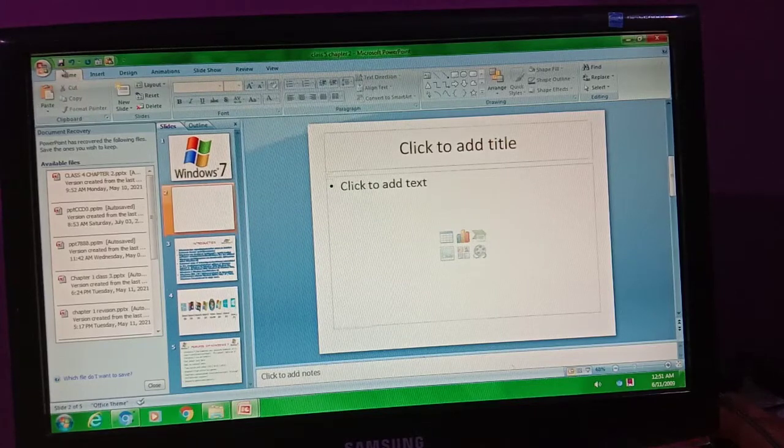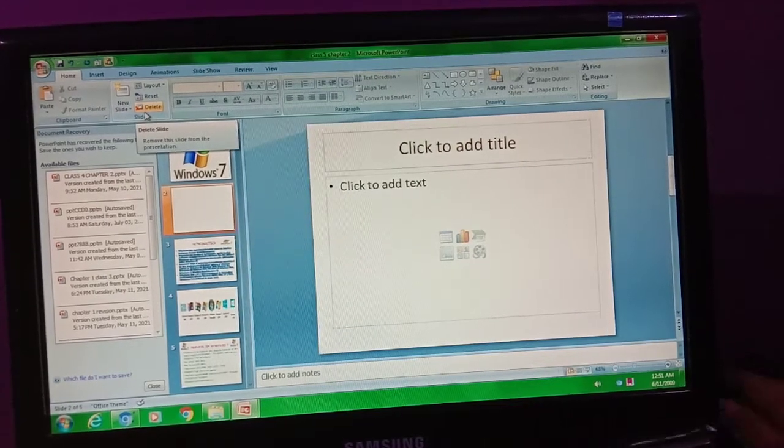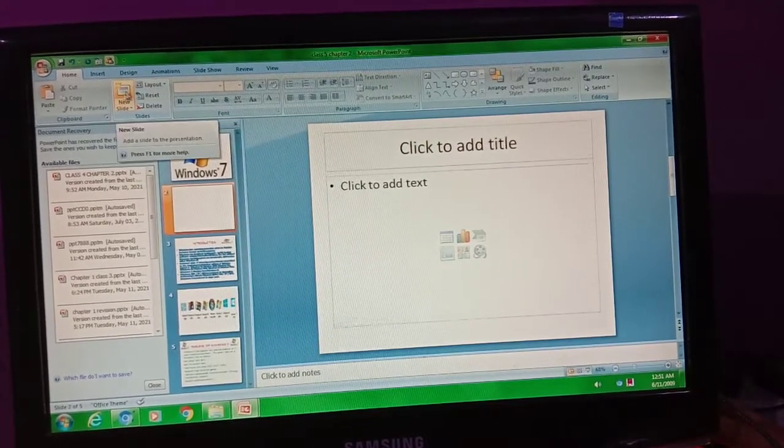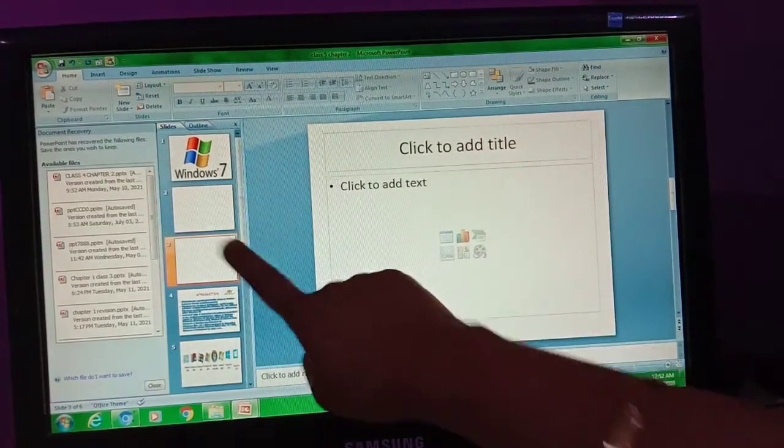In the Slide group there is the New Slide option. As you click on New Slide, your new slide will be inserted. See, your new slide is inserted.